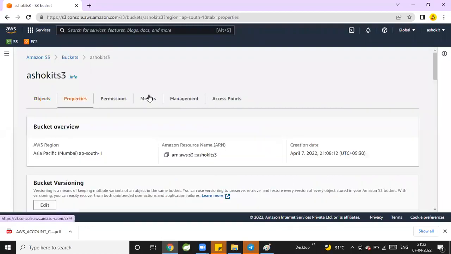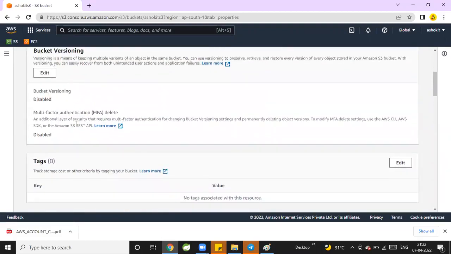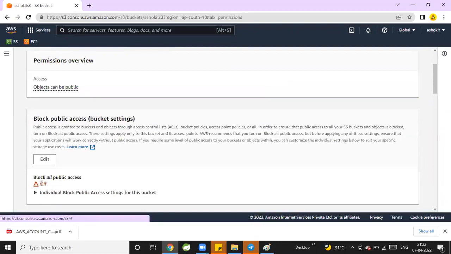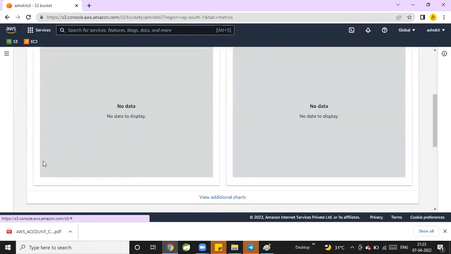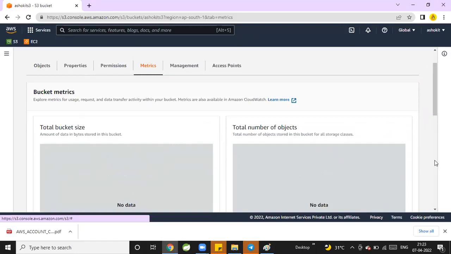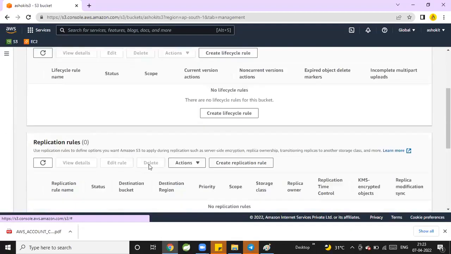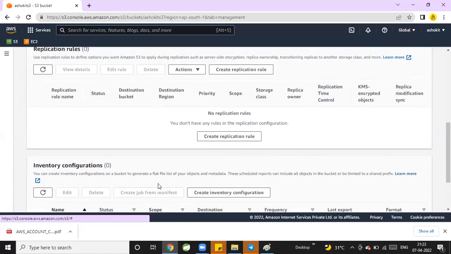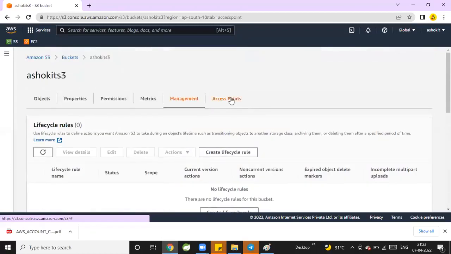Go to the properties, AWS region, it is available in Mumbai. This is the resource name ARN, creation date, bucket versioning, it is disabled. Permissions, public settings are available, block all public access is off. Objects are public. Metrics, total bucket size, total number of objects, management, lifecycle rules, replication rules, inventory configuration. There are several rules available. Access points